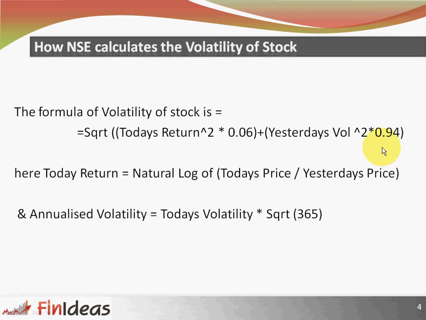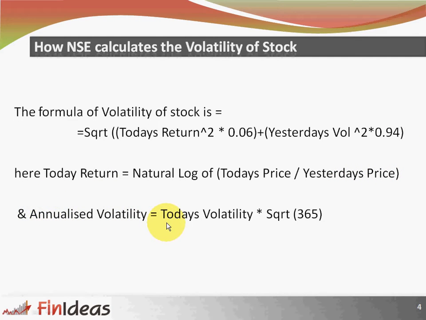That means they are giving 94% weightage to the previous volatility and 6% weightage to the current change in stock price. Here today's return is equal to the natural log of today's price divided by yesterday's price, and